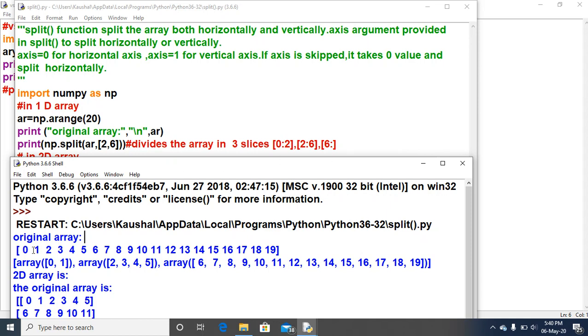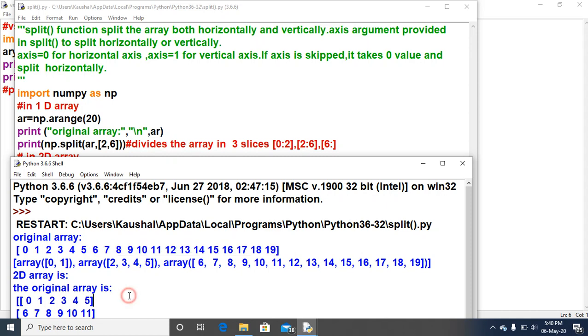In the original array, 0 to 2 is 0 and 1, then 2, 3, 4, 5, not 6, because 6 is not included in 2 to 6. And then 6 till the end.